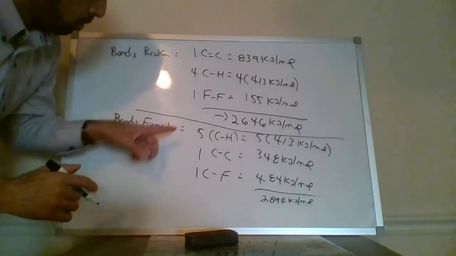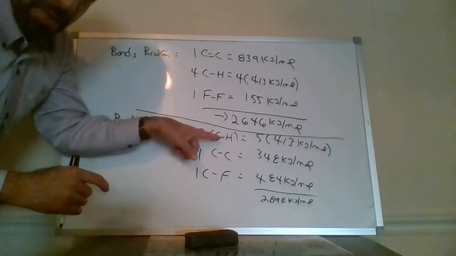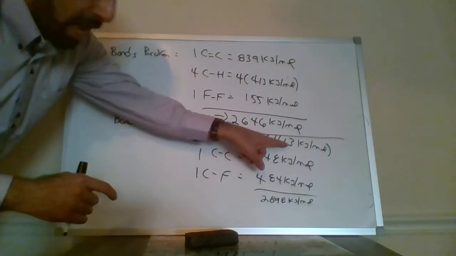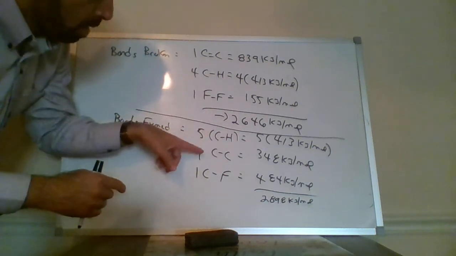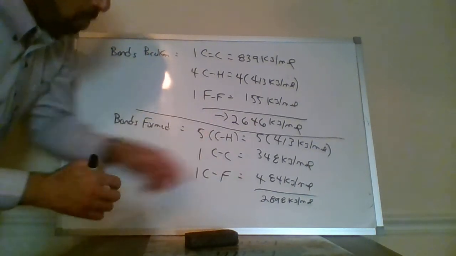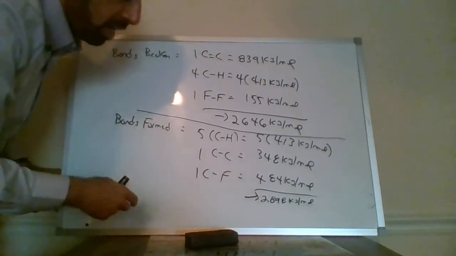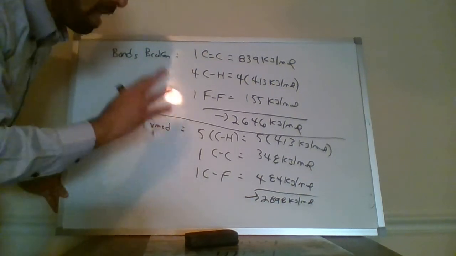And then I'm going to subtract now from it the bonds formed. So the bonds formed, again, I have my 5 carbon-hydrogen bonds. So 5 times that value. Again, that value is from the table. 1 carbon-carbon single bond, 1 carbon-fluorine bond. So my energy for my bonds formed, that's how much energy gets released, is 2,898 kilojoules per mole. And so to finish it up,